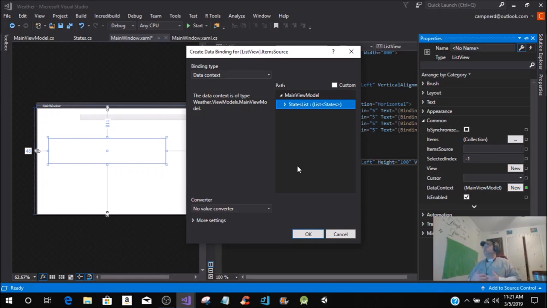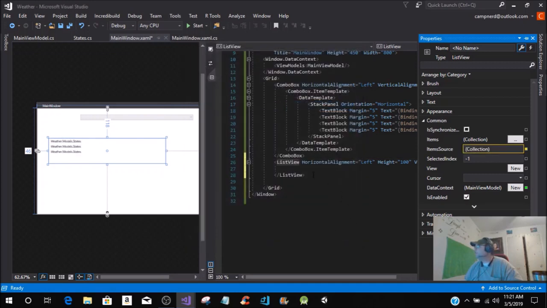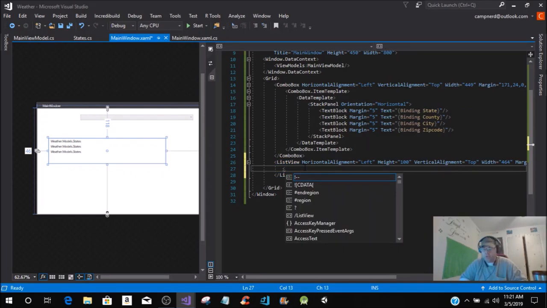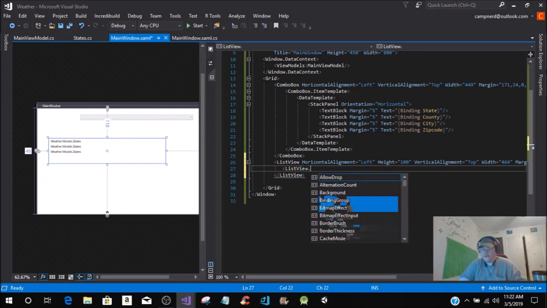Now, if you wanted to do this for individual combo boxes, you would do the same thing, but instead of clicking on list, you could just come down and do like the states. And you can click on city, county, state, zip code. All right, but we're just going to do the whole list. It would be the same thing. So you would do list for the collection, and then here you would do ListView.ItemTemplate, well, item template,